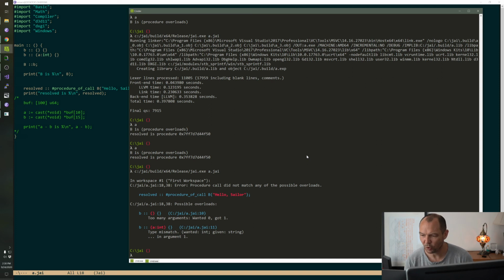Can you do procedure of call with types as in B of int? No. That is actually how it used to work, and I didn't like that because types could be really complicated, right? Like the argument could be a struct that takes a bunch of parameters.